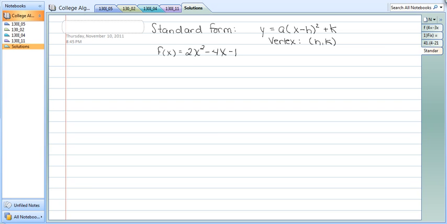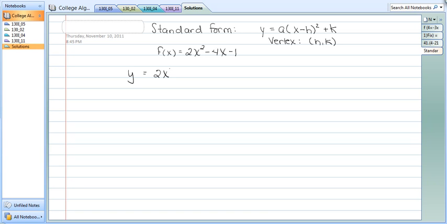In this problem, we're asked to find the vertex of a parabola, and the parabola happens to be 2x squared minus 4x minus 1, which is written in general form. To find the vertex, we'll want to write it in standard form, and to do that you need to complete the square. So one of the first things I like to do is change f of x to y,